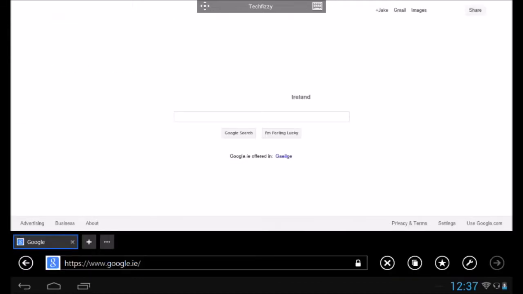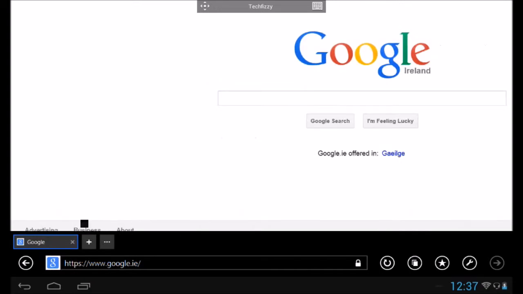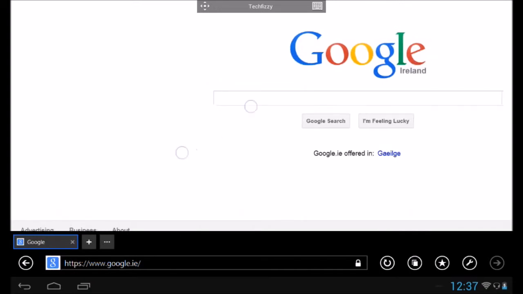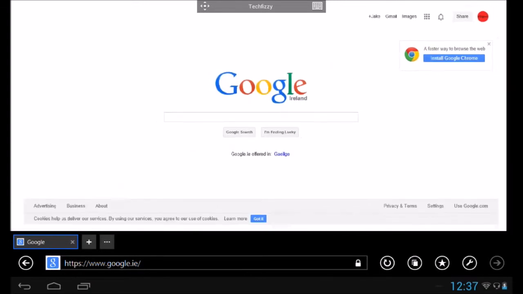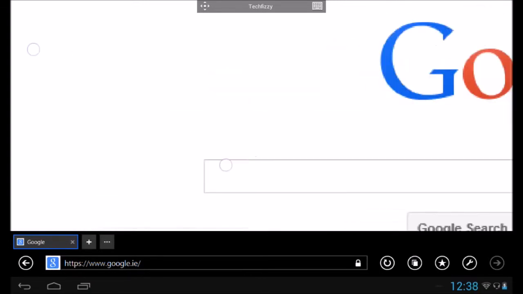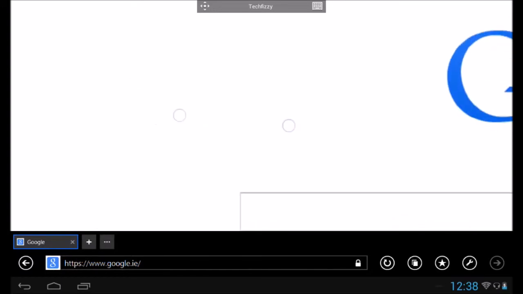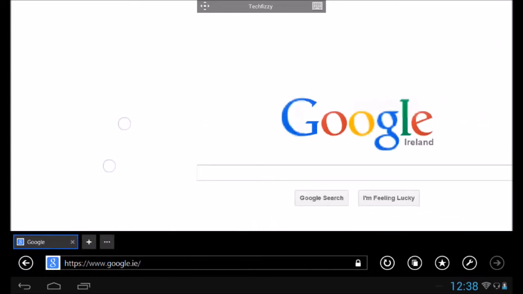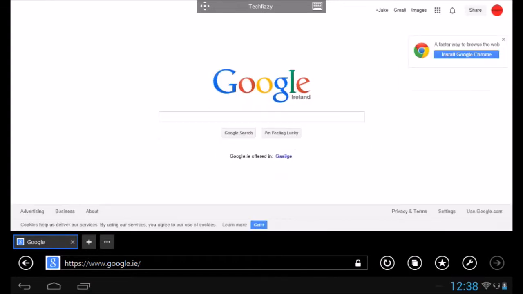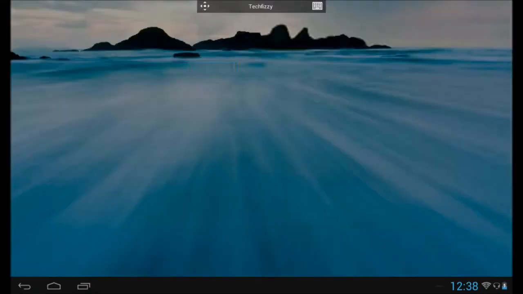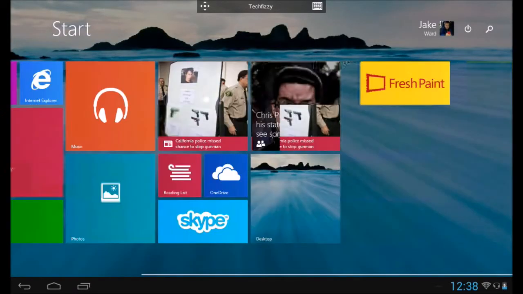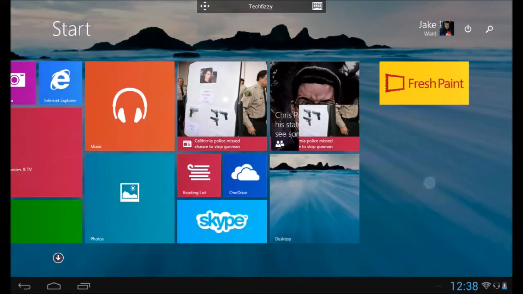Now I don't want to zoom in. So if you've got a touchscreen, you can use multi-touch. So I can zoom in and zoom out. But it won't show up like the little white dots as you're seeing. Like if I go to here, you won't have the white kind of tap effect thing. That's just my tablet. But to get back to your full screen modern UI app, swipe in from the left,